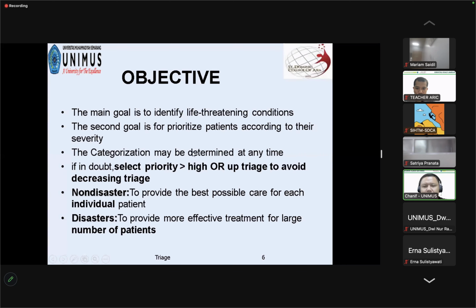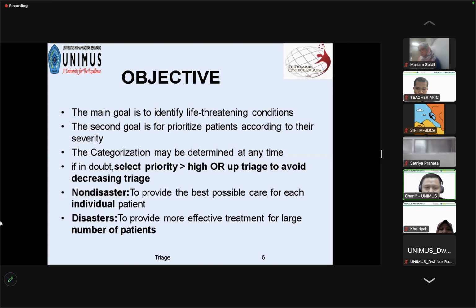The categorization may be determined at any time, but if in doubt, yeah, sometimes we are confused what level the patient is. For example, patient with the sepsis, yeah, whether this patient is level 2 or level 3 or also level 1. So if in doubt, we select the level patient is up triage, yeah, to avoid decreasing triage. So when we select the up triage, we will focus on in-depth evaluation for a patient to prevent the